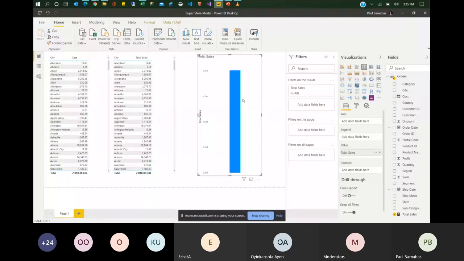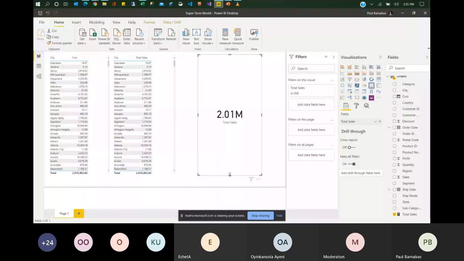For you to understand, the summation of all the information in this cost column is 2.01 million. But take note of something: when we split these numbers by introducing city, something happened. It broke down those numbers into the applied filter.